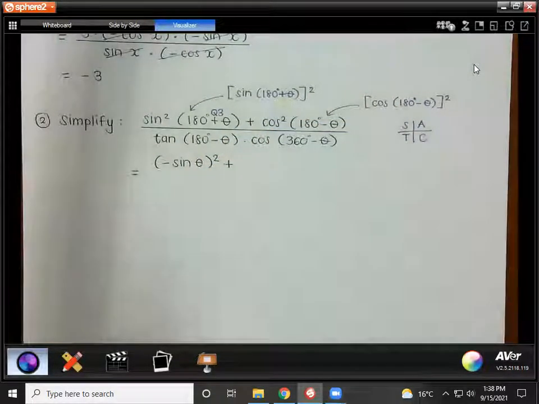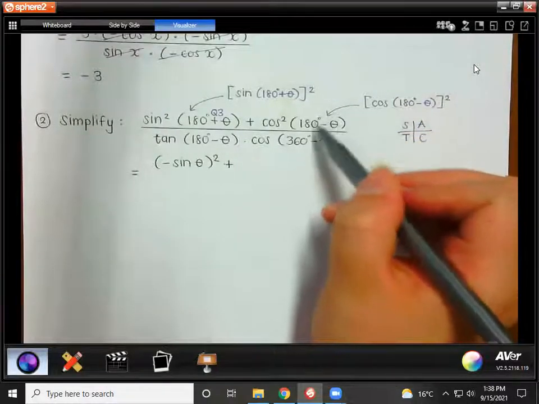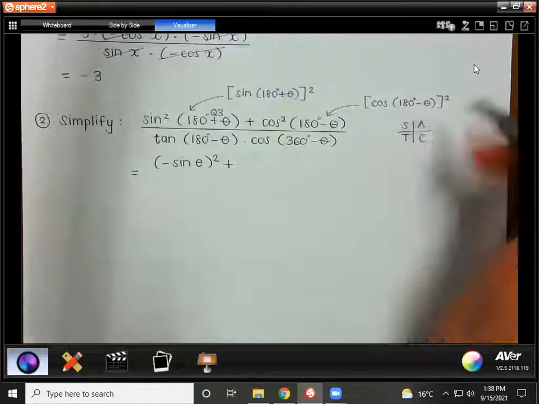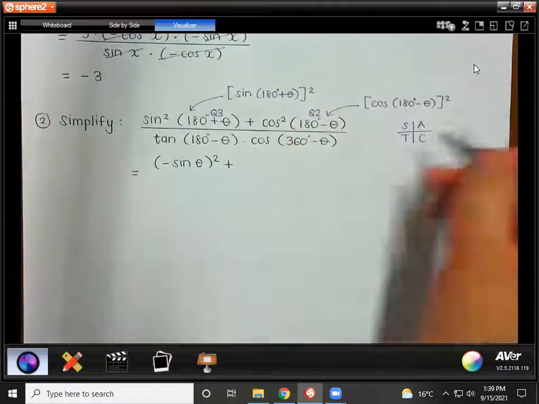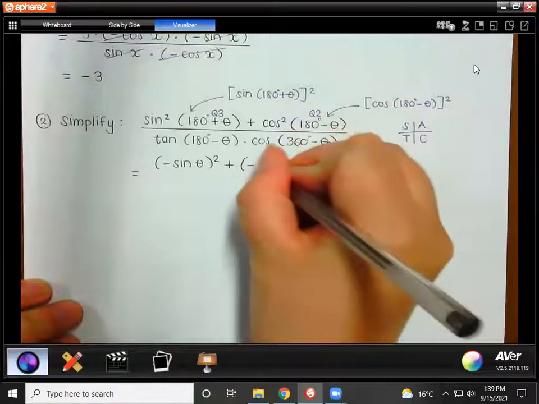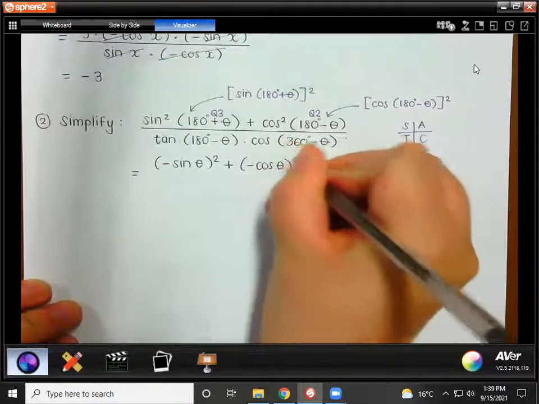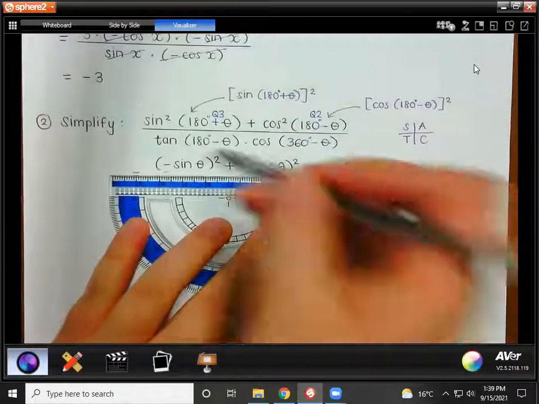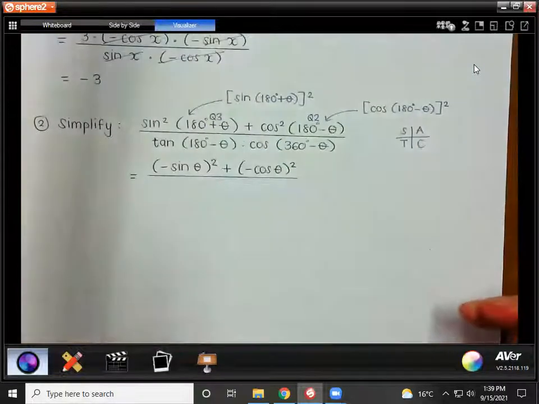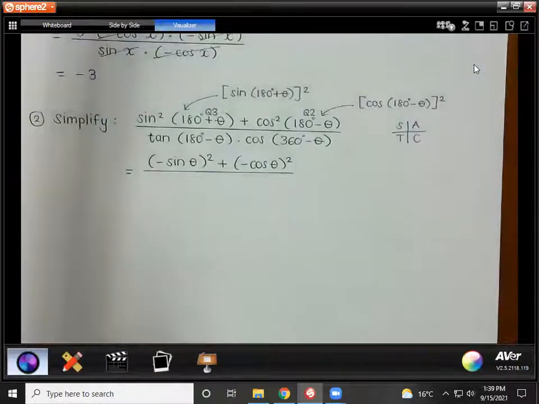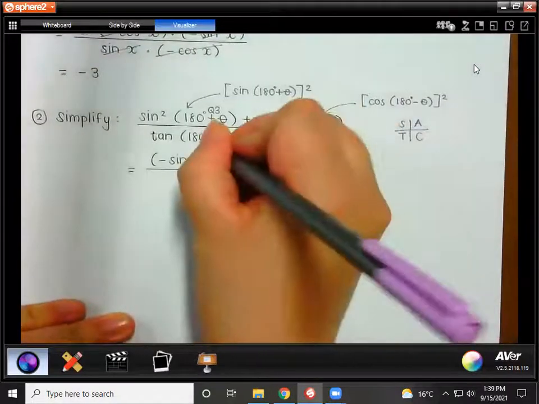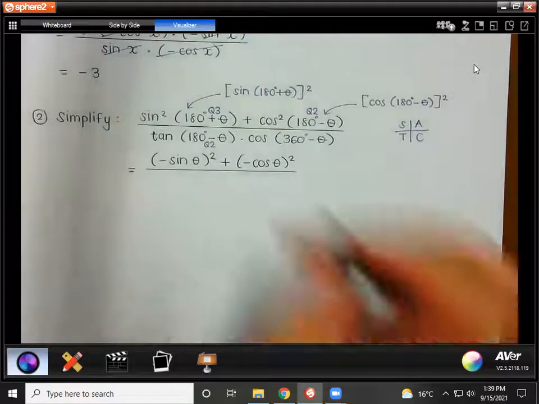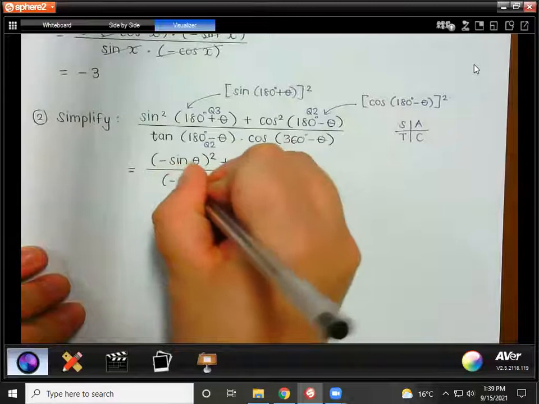Plus, okay, now we have cos squared of 180 minus theta. Which quadrant is that in? 180 minus theta, second quadrant. What is cos in the second quadrant? Negative. Okay, now at the bottom here, again, 180 minus theta, again, is in the second quadrant. And what is tan in the second quadrant? Negative. So this is negative tan theta